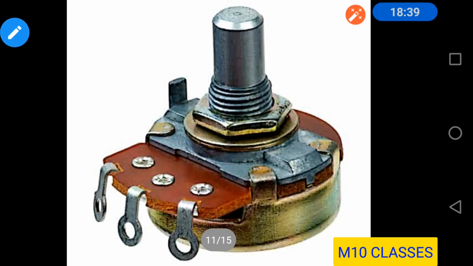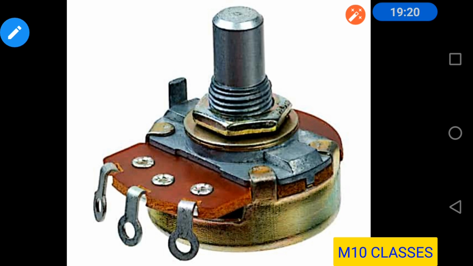Now this is called a potentiometer, which is also a variable resistance or a rheostat. Where have you seen it? You might remember that in the old television sets, the volume regulators can be moved and rotated. Similarly, in the fans also the regulator regulates. So what is the use of this? Now suppose, let's say, consider the fan. Whenever you rotate that regulator, the speed of the fan increases or decreases.